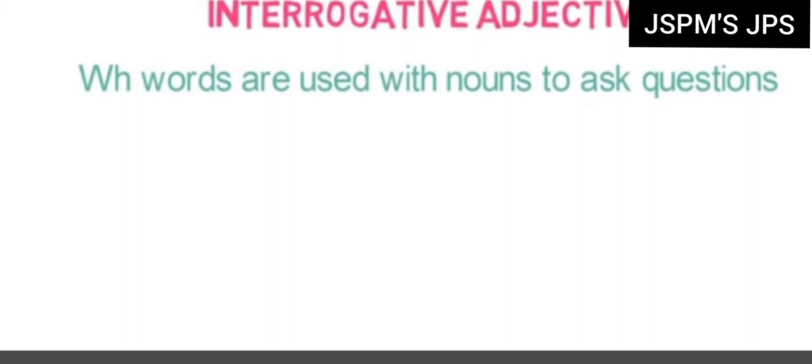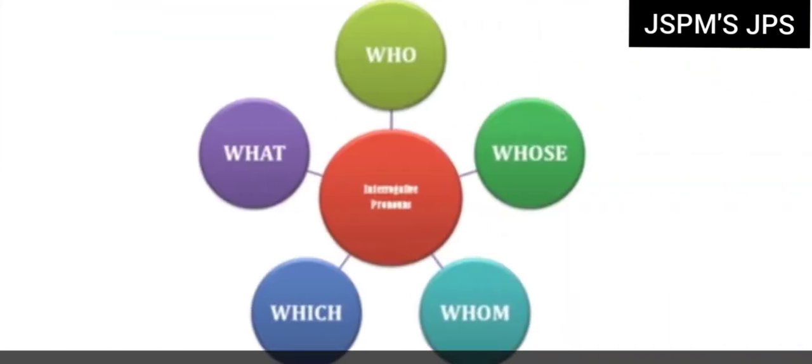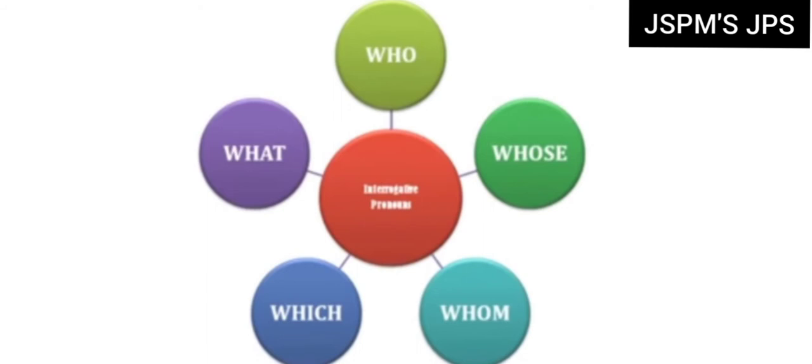Interrogative, we know, is when we ask some question; these kinds of sentences are called interrogative sentences. The same thing we learned when we were learning kinds of sentence; there was also interrogative sentence. When we learned kinds of pronoun, there was also interrogative pronoun. Now interrogative adjectives: WH words are used with nouns to ask a question. Now which are WH words? Words which start with WH, like who, whose, whom, which, what. These words are called WH words. We use these words to ask questions.